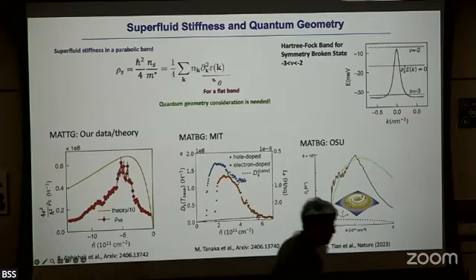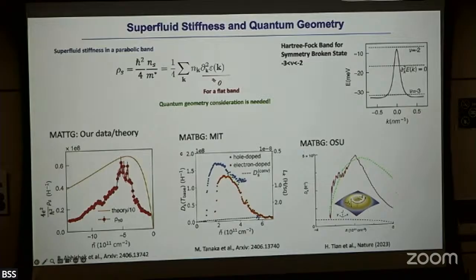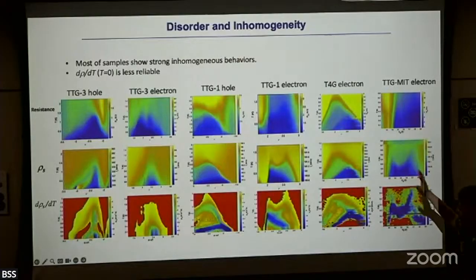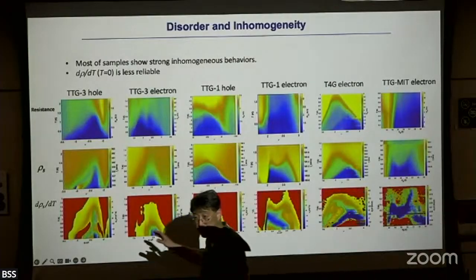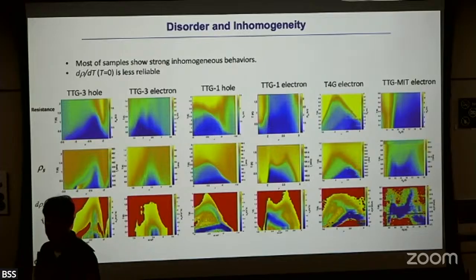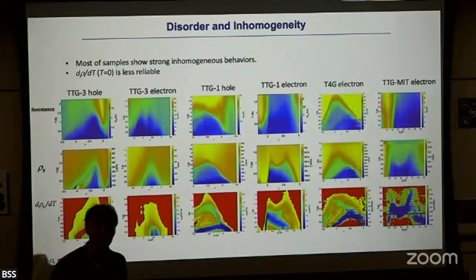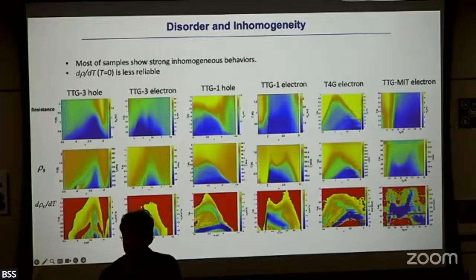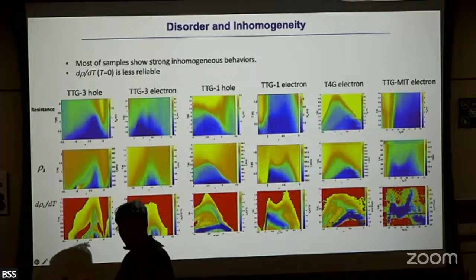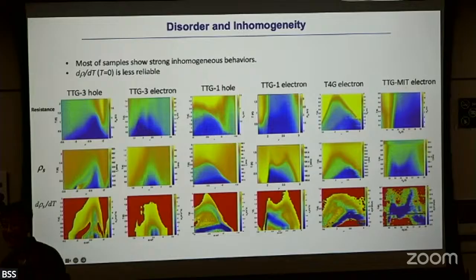I think probably if I just go ahead, I can show you one slide. Something like this. These are the collection of some of the samples where we measured superfluid stiffness, and we try to compare the effect of disorder. How many samples? Probably about 5 or 6 of those kinds of samples. This measurement needs a lot of statistics, so we use the best samples available in the group, and that's not enough. So we asked Pablo to provide some samples they made and measured these things.